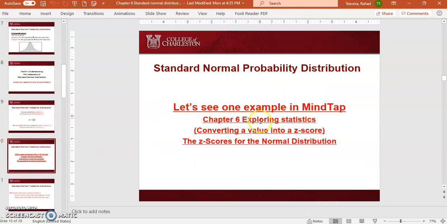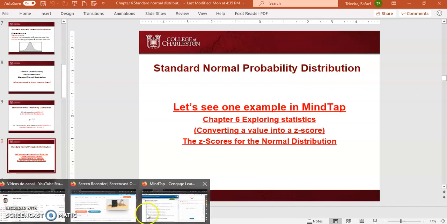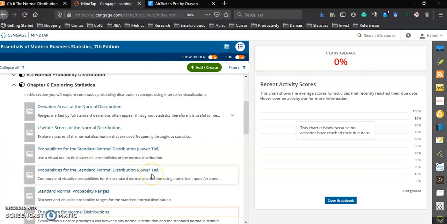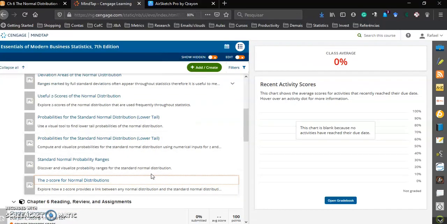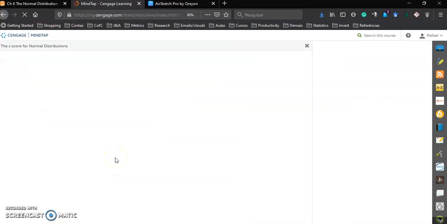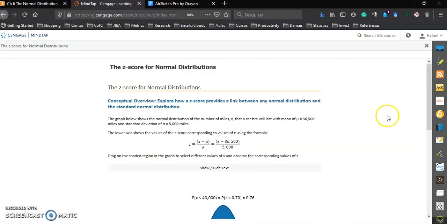Okay, so let's see one example in MindTap Chapter 6, Exploring Statistics, convert a value into a z-score. We saw this applet in the previous video. Okay, this one is discover. So it's this one I showed you in our previous video, and I'm not going to spend too much